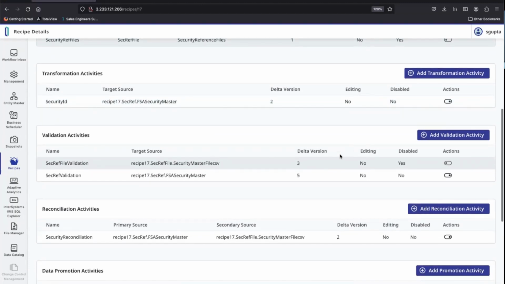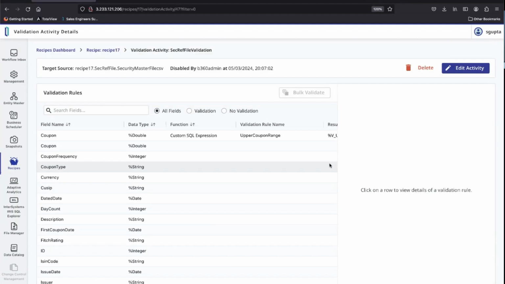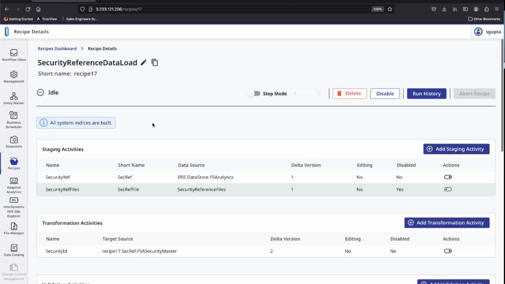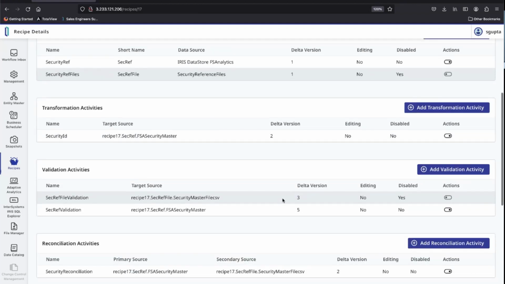And then you have validation. Validation might be things like just making sure that this particular field here is within a particular, let us say, range. So that's all we are checking over here, and it's purely for the sake of example. You might have different requirements for a particular data set that you have.